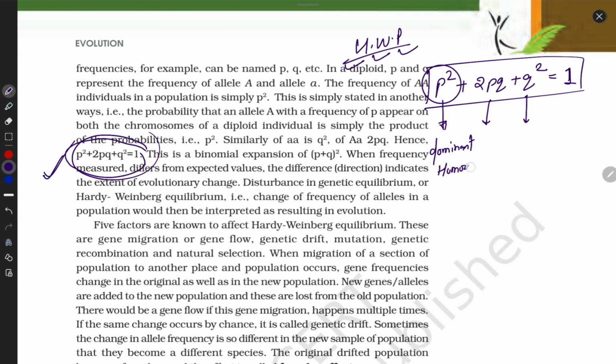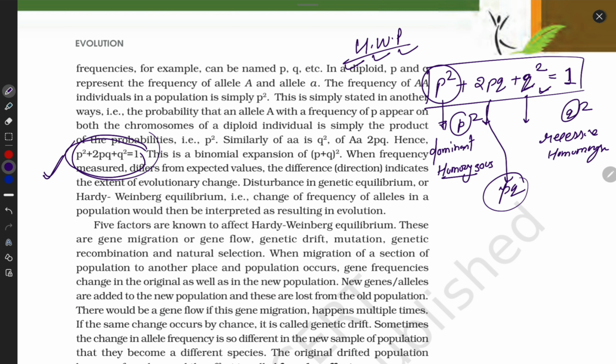homozygous. Don't worry, guys, I'm explaining this thing. What are they going to tell about Q square? They are recessive allele and homozygous. And here, what is the meaning of P and Q? Both are the same. Here is individual P square, here is individual Q square, but here both P and Q, they indicate